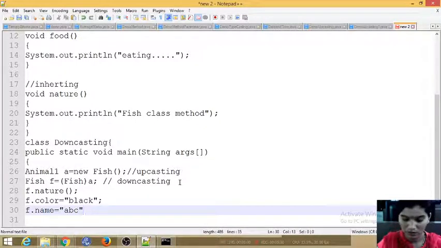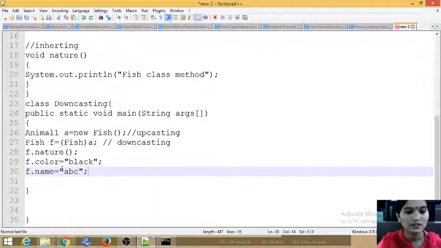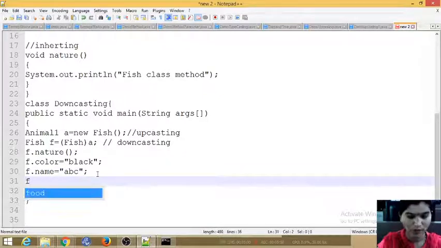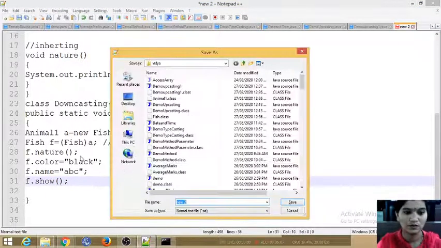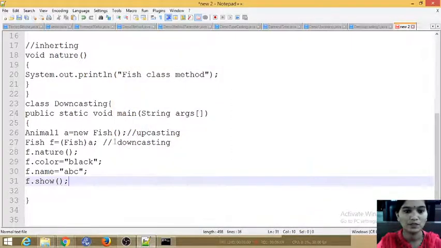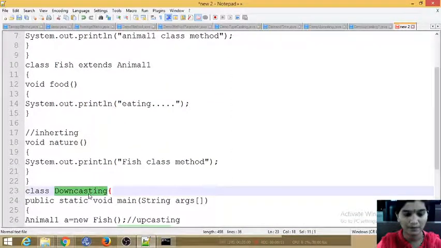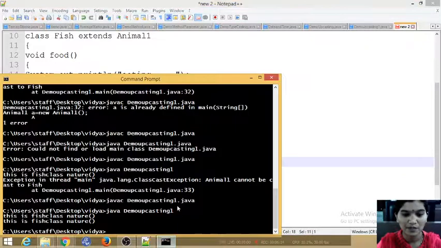These are the variables I want to access. One more method is present in the child class, that is show, so f dot show.